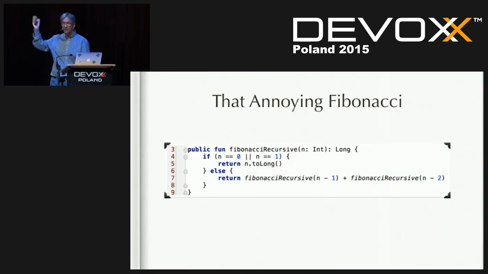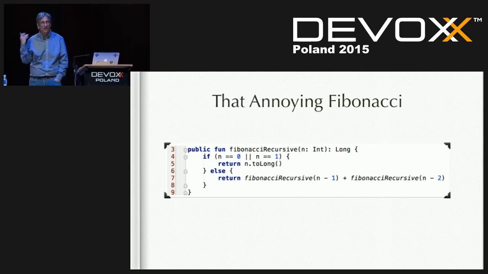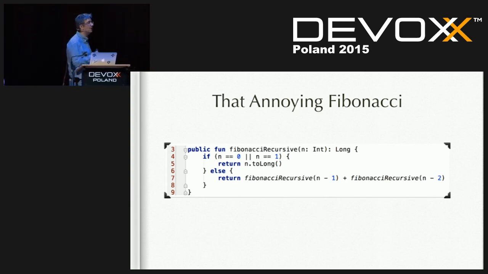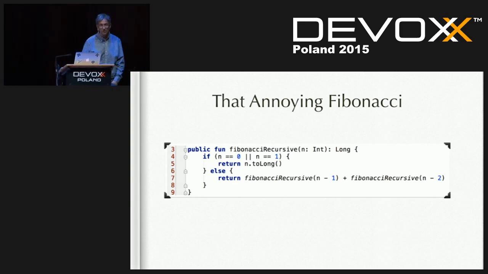I hate Fibonacci. Here's the annoying Fibonacci, which I said was not in this talk. Well, I lied. So you all know Fibonacci. If n equals 0 or n equals 1, return the number, else return Fibonacci recursive of n minus 1 and n minus 2. If you run that with about 20 or 30, you can go have a coffee, have a shower, watch some TV, come back, and it probably still hasn't finished. After a certain number, Fibonacci becomes really slow.